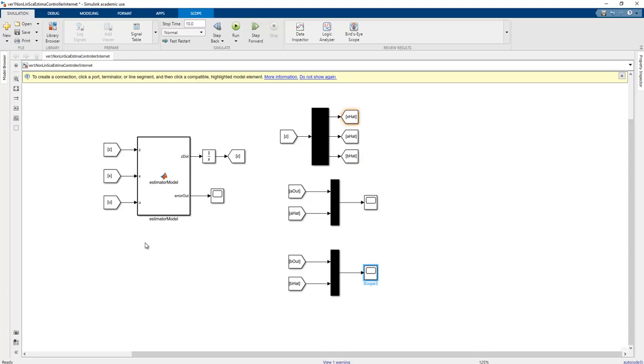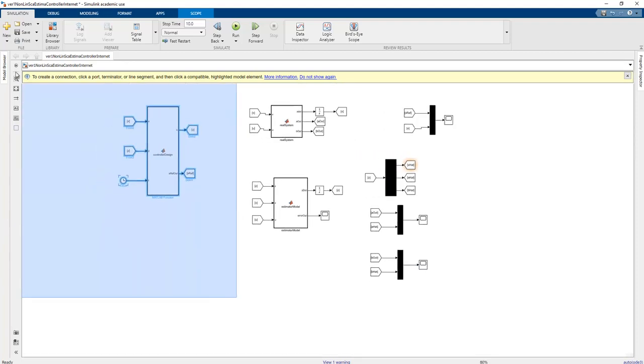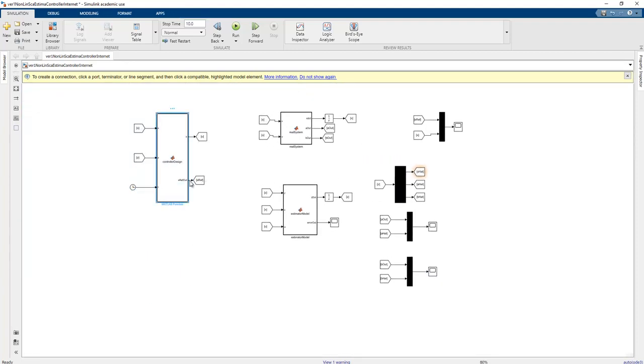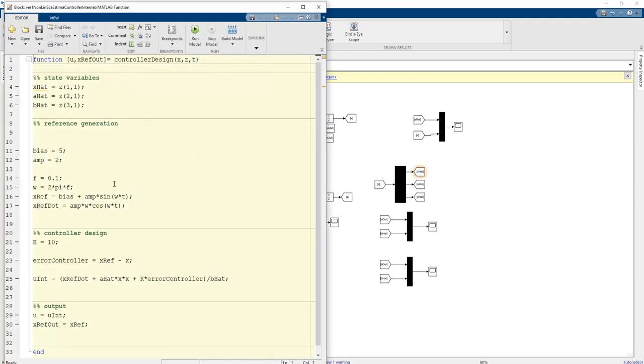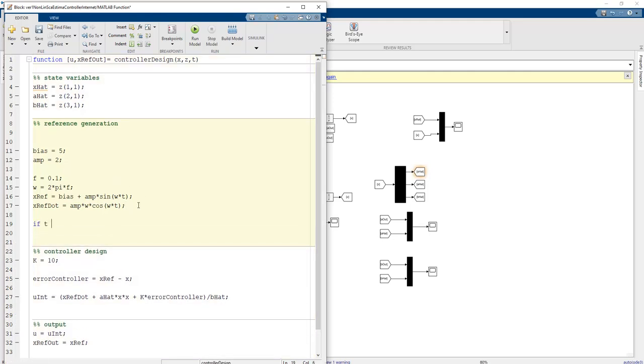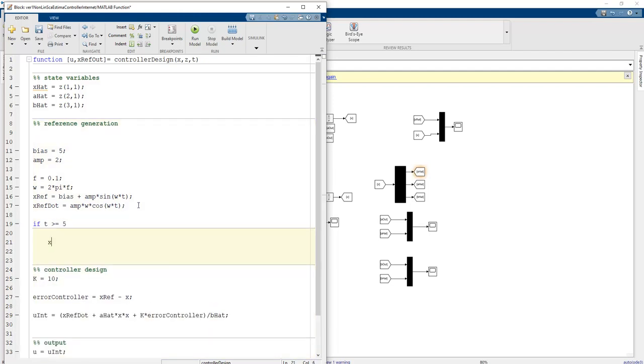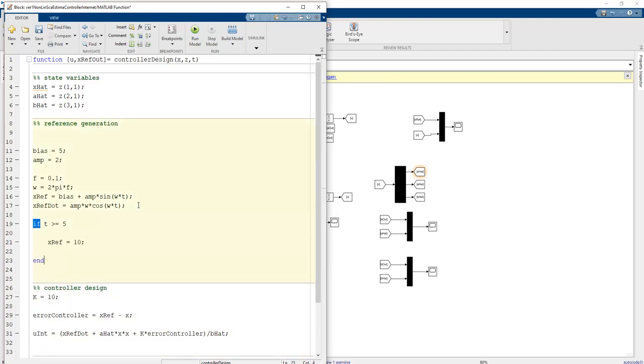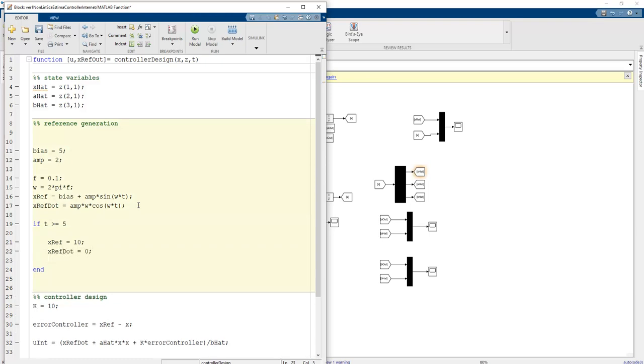And so how can these conditions in here be expressed, like this one? Firstly, we need to create a much richer reference generation in here, okay. If we have this condition, if t value, for example, is greater than or equal to 5, then x ref should be equal to the 10 value, for example, okay, and x ref dot should also be 0,